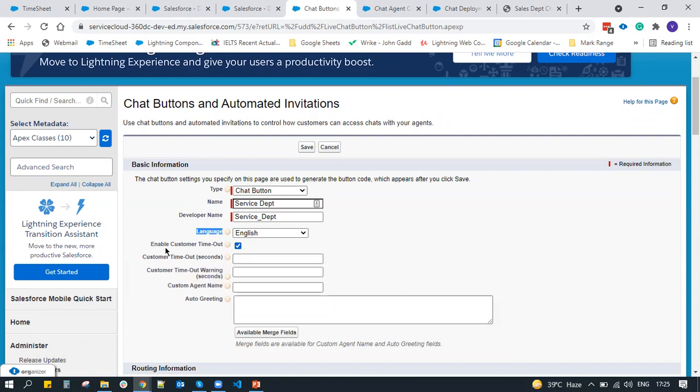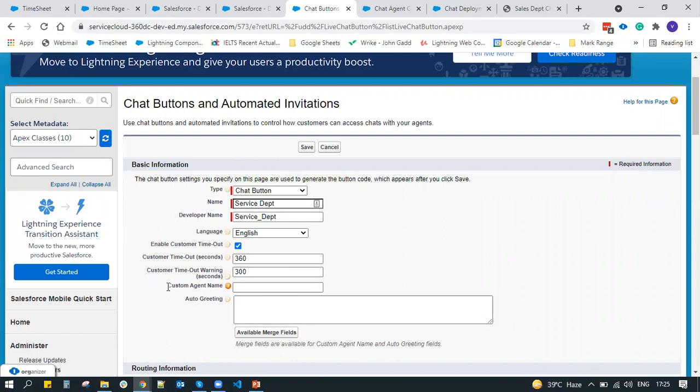So you can enable it. And customer timeout settings, this is a time. Here you have to give something like 360. After 6 minutes, the chat will be automatically suspended, and after, let's assume, 5 minutes, we give them a warning, like you are not responding on this chat, and the agent is waiting for your response. So you can set the time as per your requirement.